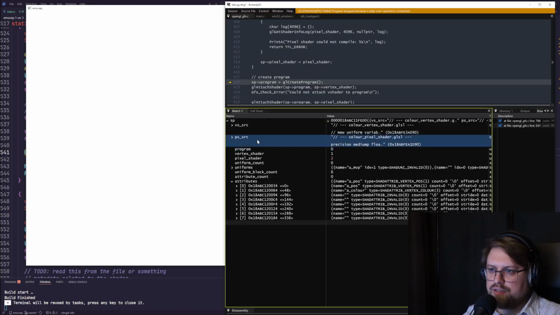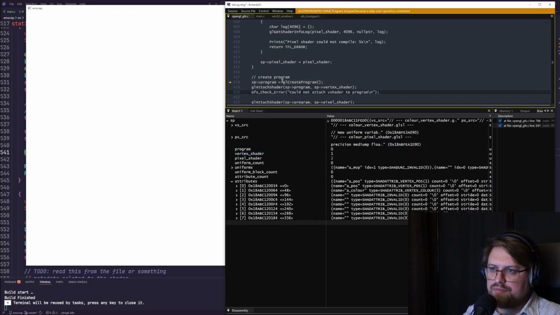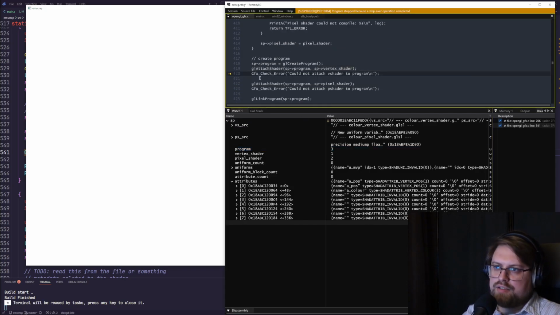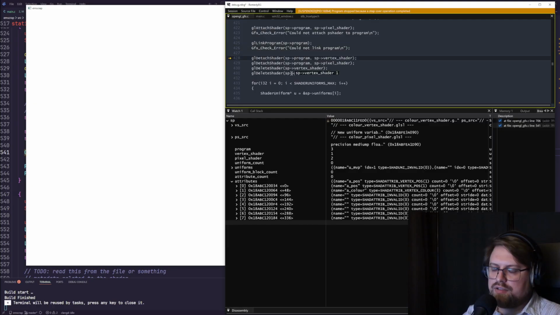We're storing that. We're having pixel shader, vertex shader. We create our program. We attach it, no errors. Attach pixel shader, no errors. We link it, no errors. And then we do the detachment, because